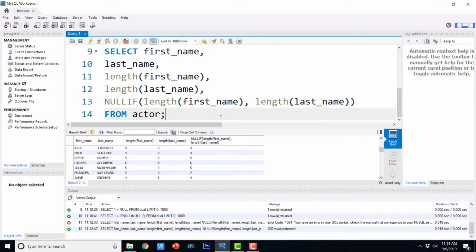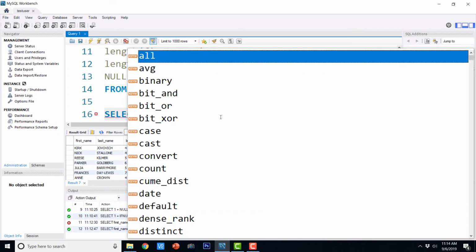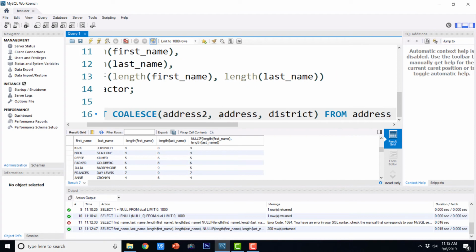Now let us see the COALESCE function. Select COALESCE address2, address, district from address.